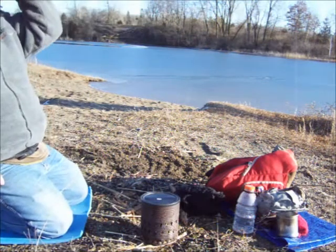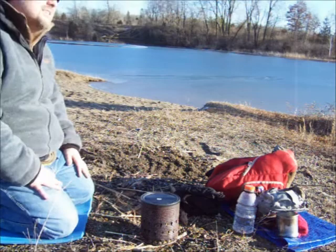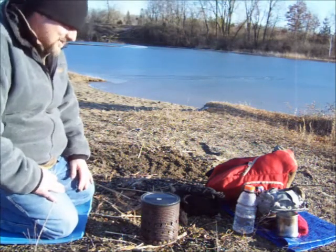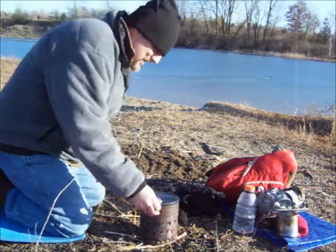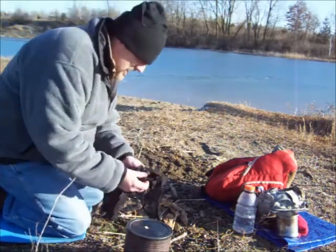I gotta put all my gear away, so I figured it'd be a good time to go over what I carry. Not every day, I guess, I don't know, this isn't really my everyday carry. That kind of varies day by day, but one thing I always keep is my